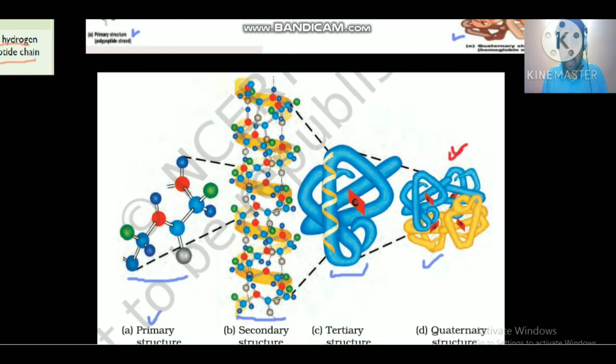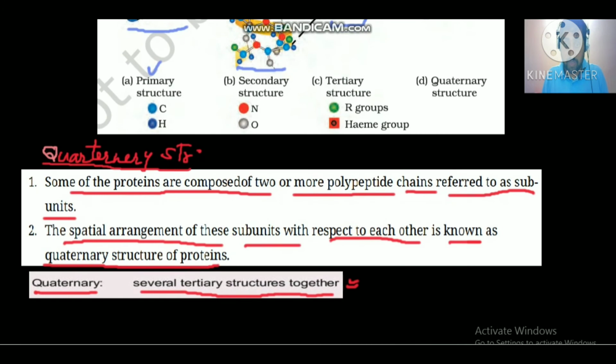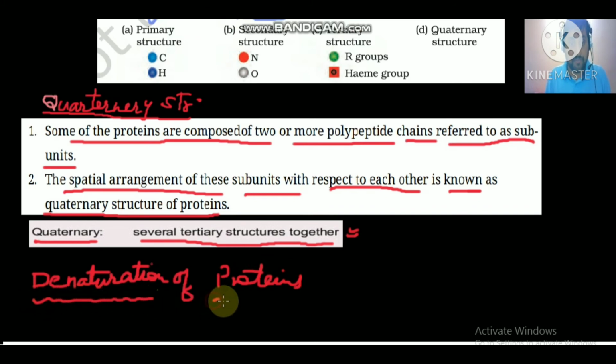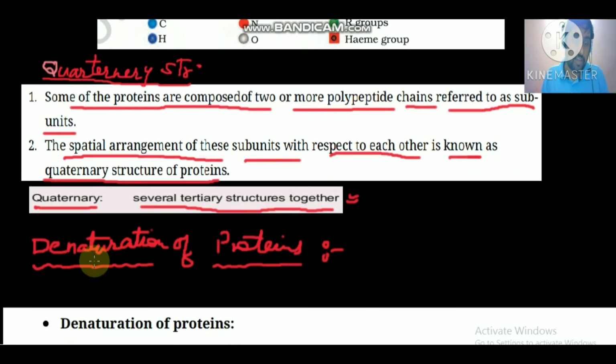Okay, and the last important topic in this protein part is denaturation of protein. Denaturation of proteins is very important, because it has been asked several times in both exams. Denaturation means the nature,